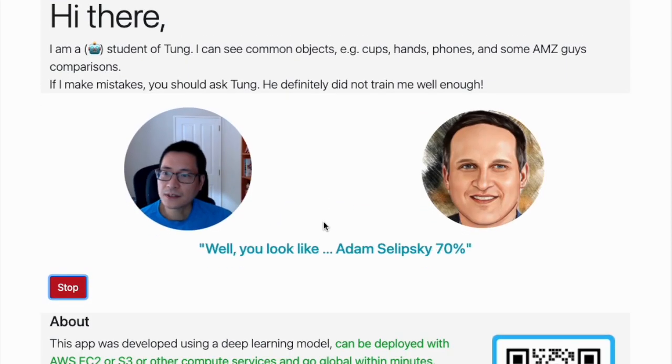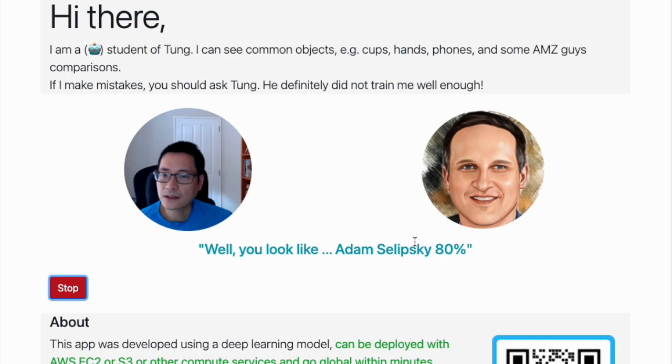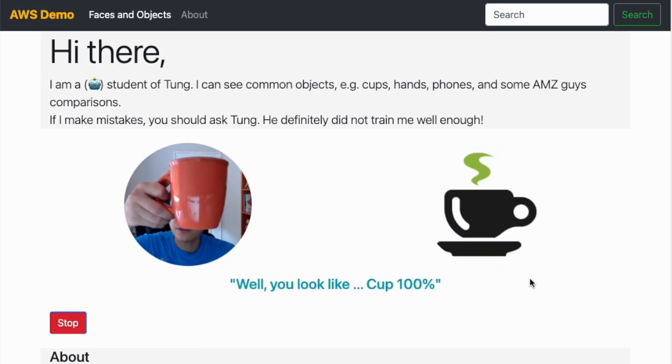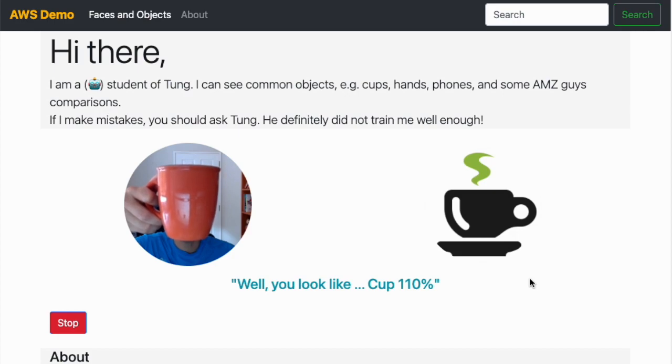And yes, you can see that it says I look like Adam Selipsky 80%, because for this demonstration I already trained with more samples, and with some other guys. I look like Adam Selipsky, but if you hold a cup like this, it says 100%